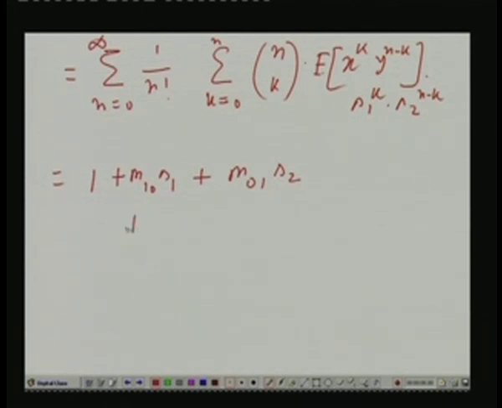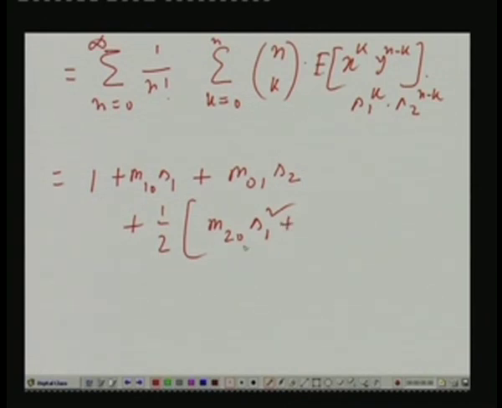Now take n equal to 2. For n equal to 2, in this summation you have got 3 terms. Maybe you start with k equal to 2, then 1, then 0. If k equal to 2, 2 here and 2 here means it will give rise to 1, and x square y to the power 0. So E of x square, similarly S1 square but S2 to the power 0. And of course, 1 by factorial 2, that is 1 by 2. So that will give rise to 1 by 2, maybe we can put in a bracket, E of x square, that is m 2 0, S1 square,